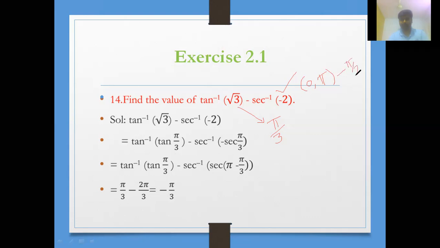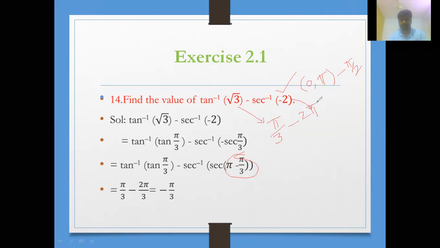So that means, can I take minus pi by 3 here? No. Okay, but how can I write this? Pi minus pi by 3 I can write, because where secant is negative, second quadrant. So secant pi minus pi by 3 we should write. Means 2 pi by 3 we can remember directly. By practice we can remember the angle directly. Secant inverse of minus 2, 2 pi by 3. Cos inverse of minus 1 by 2, 2 pi by 3. Just we did that problem before. So minus 2 pi by 3 I can write.